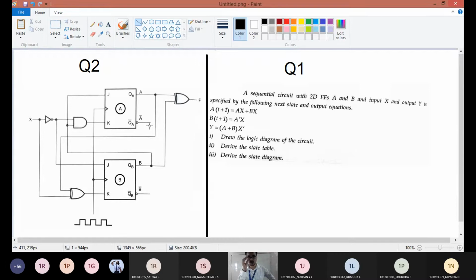Now I want answers from B section people. Diagram, just make a note here. I think it's visible. C section people, make a note of the diagram. Which flip-flop are they given now? JK. See, at a time I can't share the screen as well as the board. So you just make a note of the question so that you can go to the board. And I want you to explain how it works now.